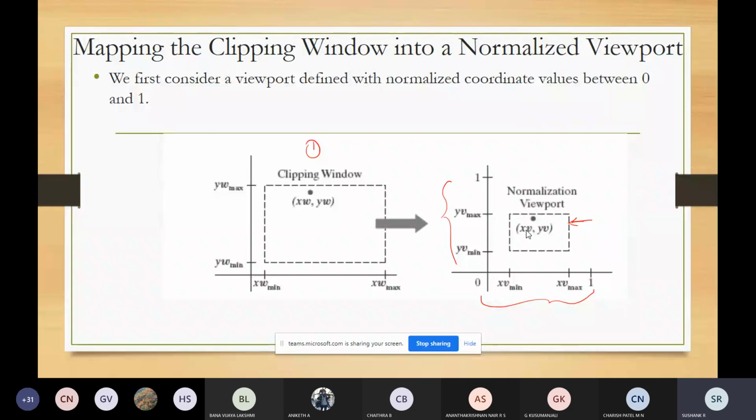Let me be clear. We have this clipping window. The first step will be to define the viewport in the range 0 to 1, 0 to 1.